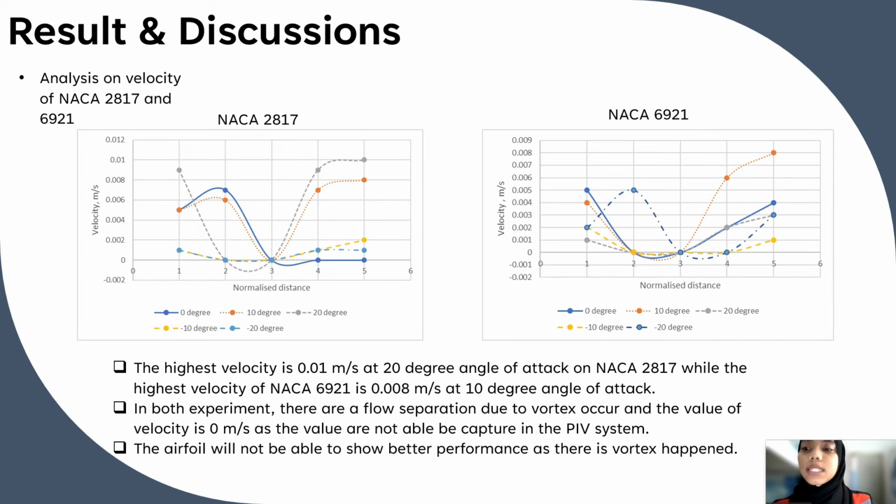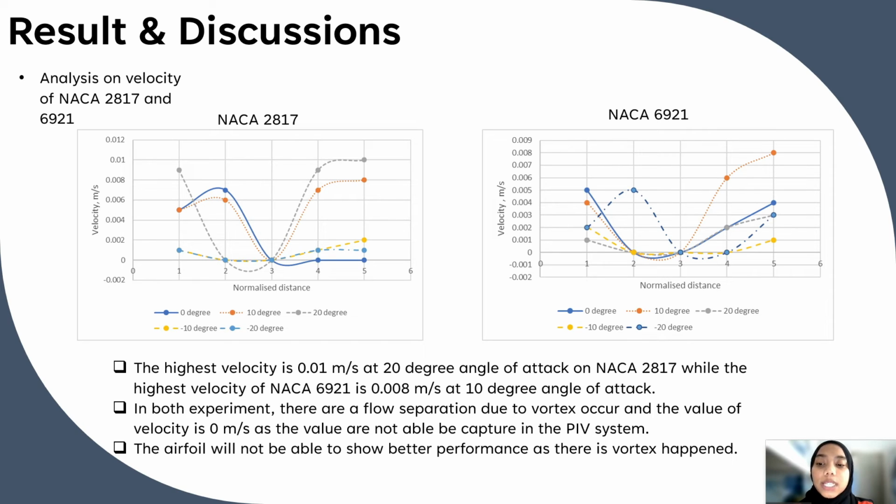Next, we move to the NACA 2817 and NACA 6921, known as asymmetrical airfoils. In this slide, it is shown that the highest velocity is 0.01 meter per second at 20 degree angle of attack on NACA 2817, while the highest velocity of NACA 6921 is 0.008 meter per second at 10 degree angle of attack. As can be analyzed from this study, the localized vortices along asymmetrical airfoils are more evident based